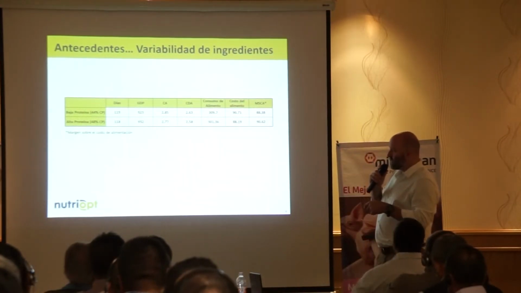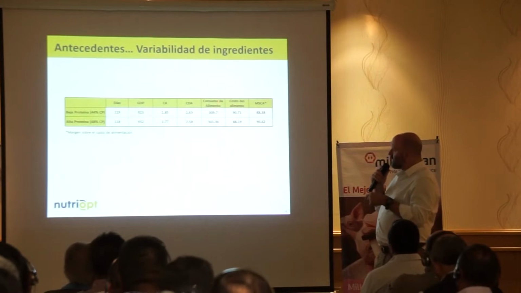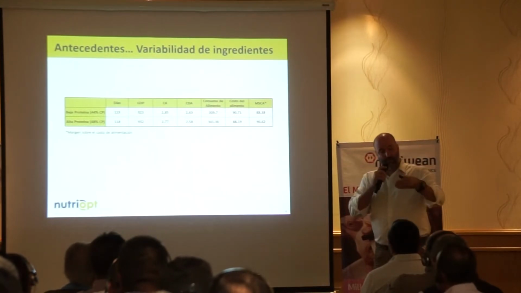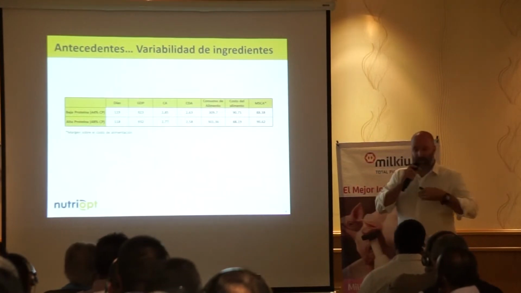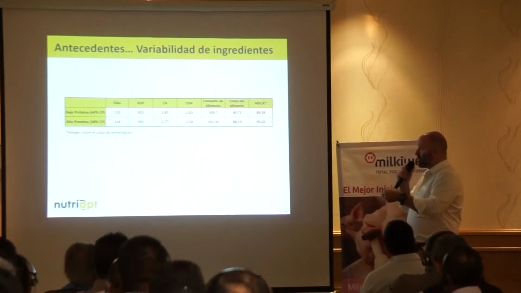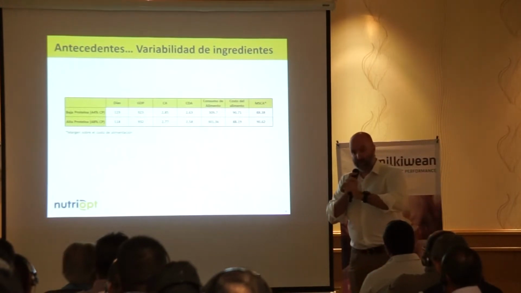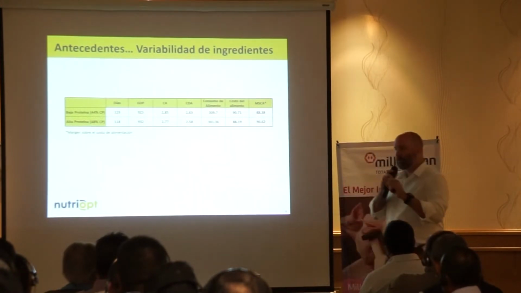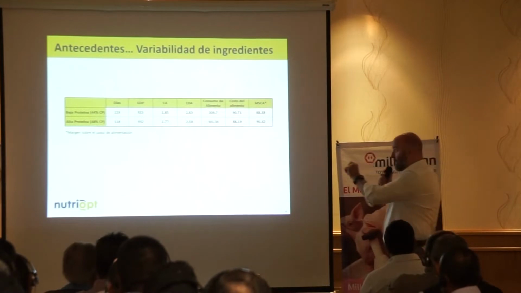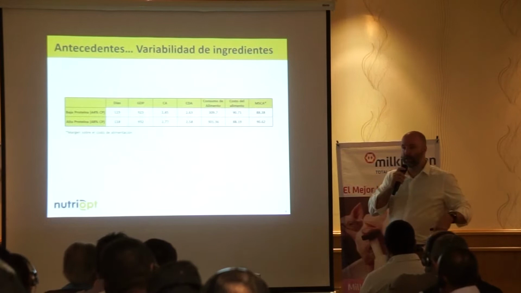It can cost you extra days in the barn, it can cost you average daily gain, feed conversions, it requires the animals to eat more feed in order to meet their requirements. But I think the biggest one of them all is the margin. This is over $2 in margin that's left, that's disappeared because of the variability of that ingredient. If it had been managed and monitored, that's money that could be in your pocket.